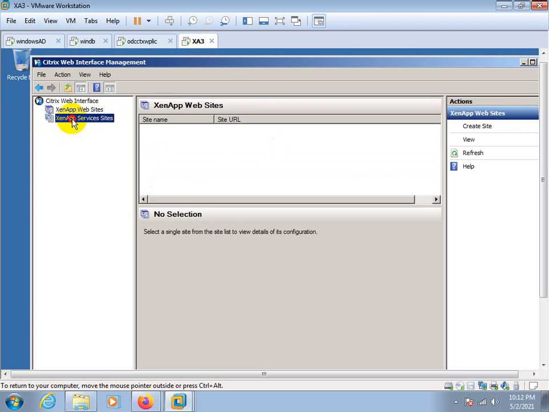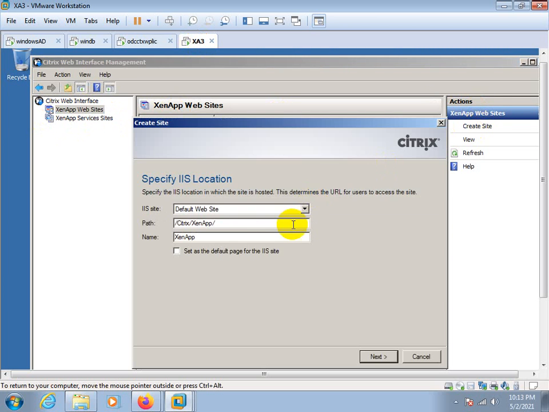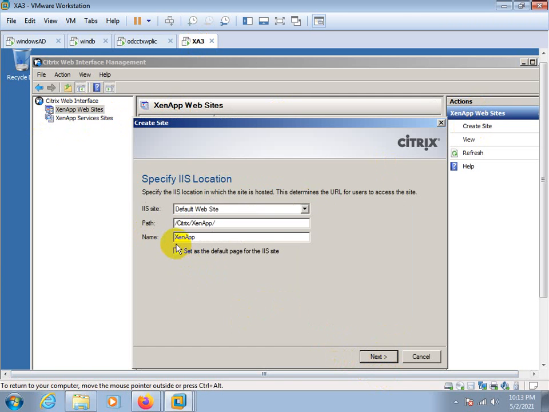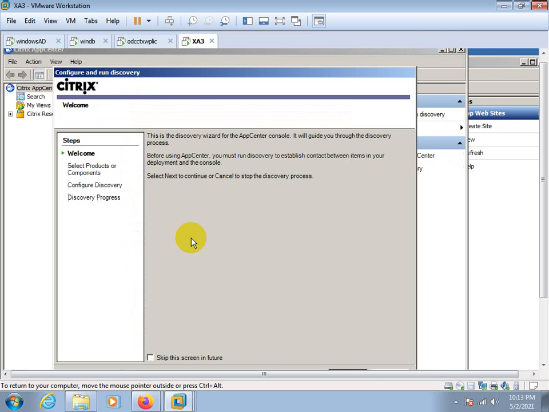XenApp website, XenApp services site. I am going to the website, create website. Here, path, name XenApp, default website. Okay, next. If you want to create it with another name, you can create it.